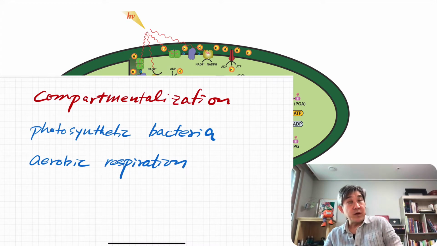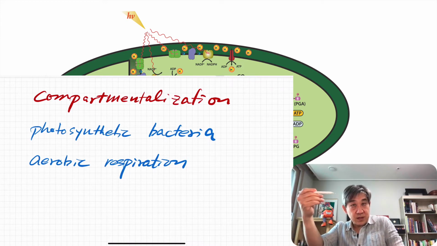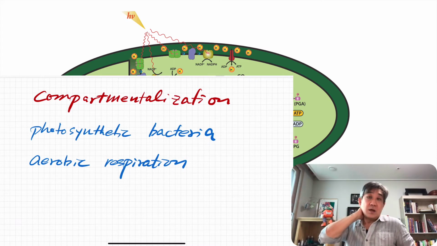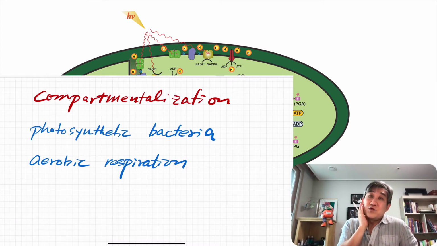Even though they don't have any mitochondria, they still have aerobic respiration, having all the same enzyme complexes present on their cell membrane, because they can utilize their space between the cell wall and the cell membrane and do virtually identical function as we have seen in the case of the electron transport chain. So anyway,